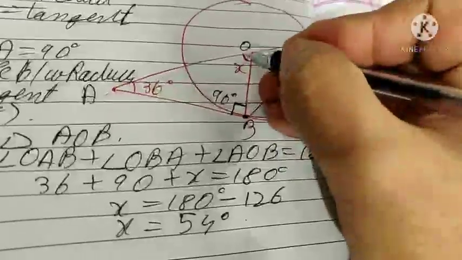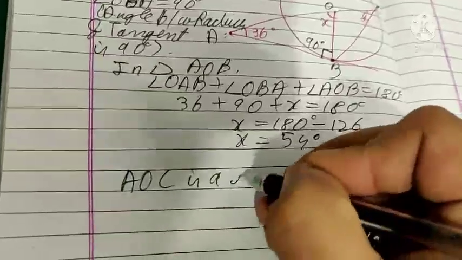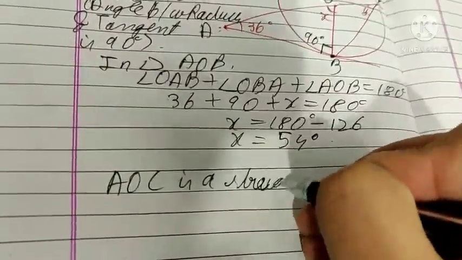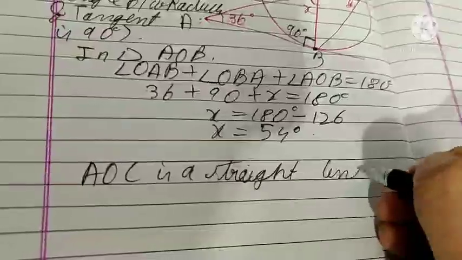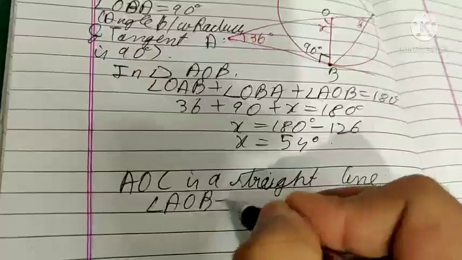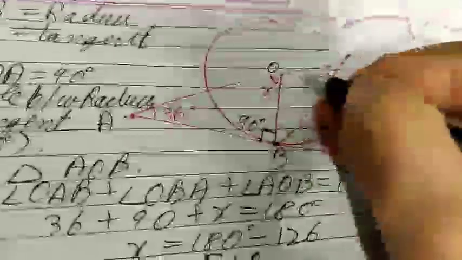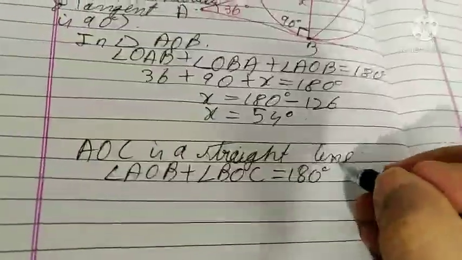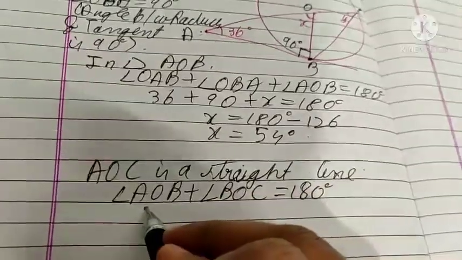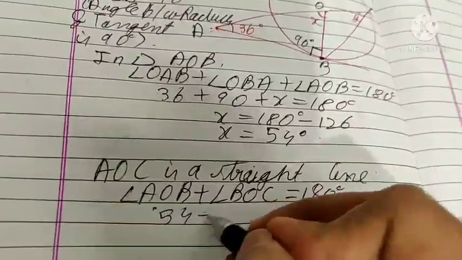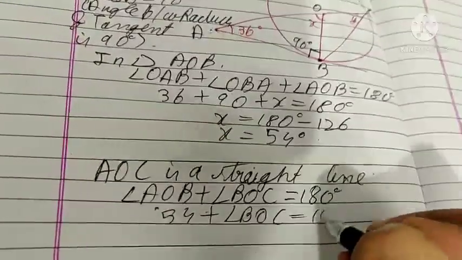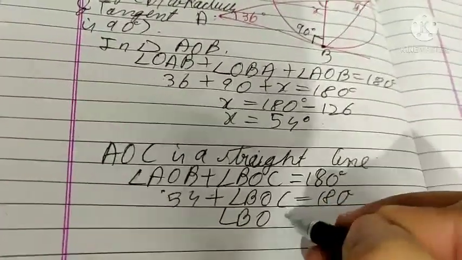So now if we see this, AOC is a straight line. So angle AOB plus angle BOC is equal to 180 degrees. This plus this is 180 degrees as angles on a straight line. So this is X, AOB. X was 54 degrees plus angle BOC is 180 degrees. So angle BOC is